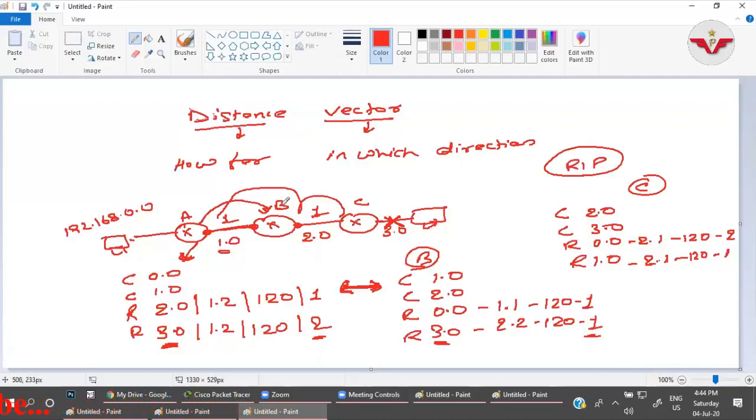So router B will update the routing table: A can reach 3.0 with 2 and A is 1 hop next to me, so I can reach 3.0 with a metric of 3, right? It will send the same information back that I can reach the 3.0 network with metric 3. Router A will update that. This process will go on to infinity. That is known as count to infinity.